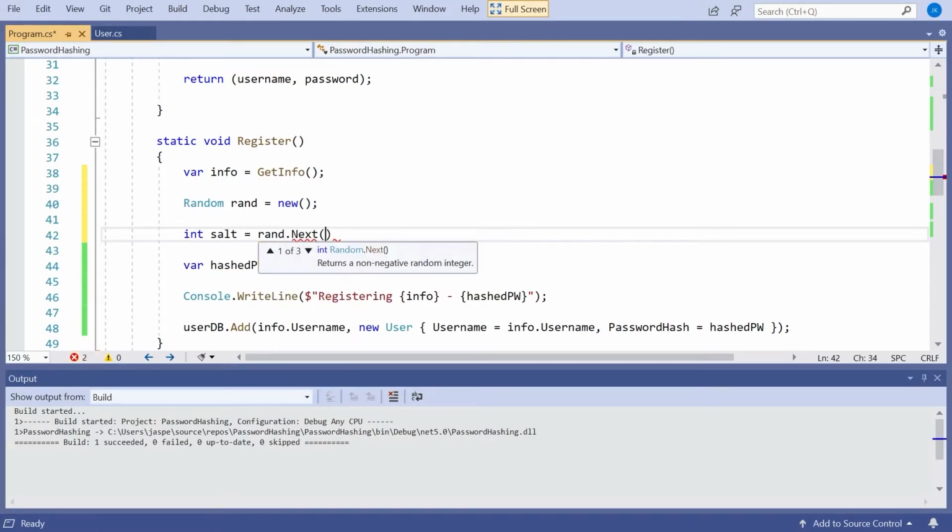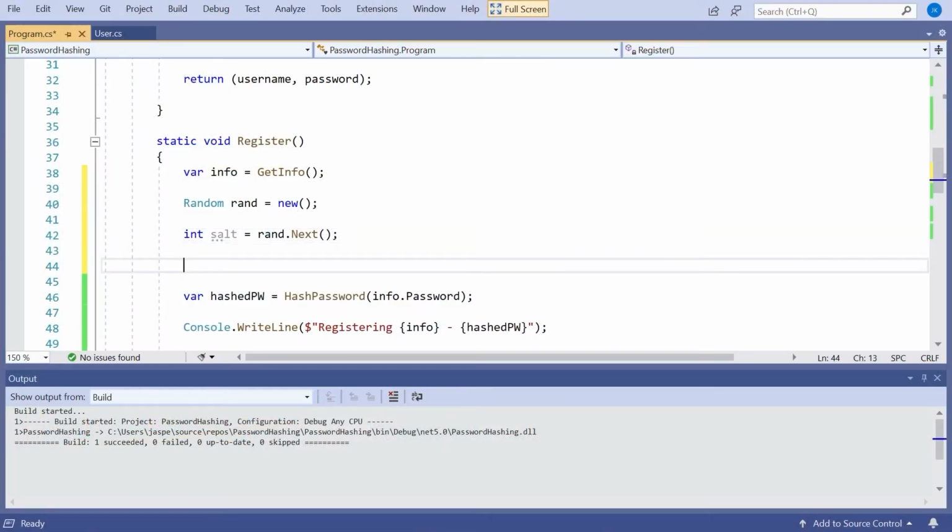So that is simply going to give me the next random integer in the full possible range of integers. So that's going to be 32 bits, 2 to the 32 different possibilities. Should be big enough, but if you want greater security, you can have an even bigger salt. What we then do is we have what is known as a salted password.